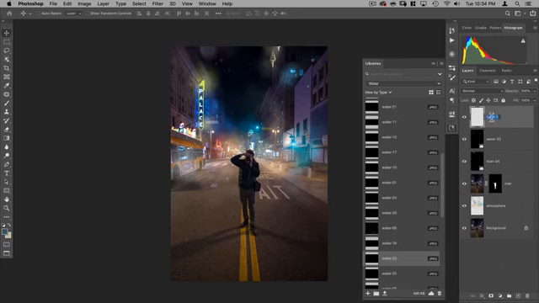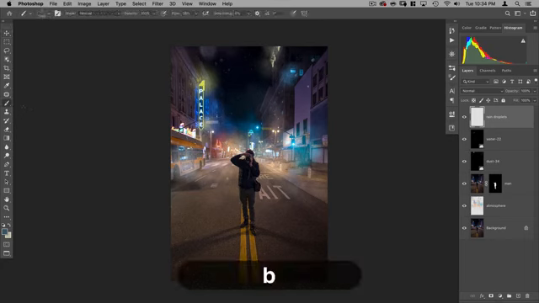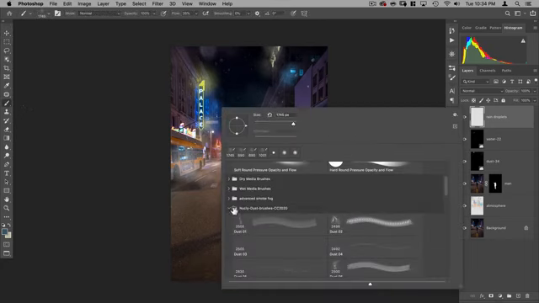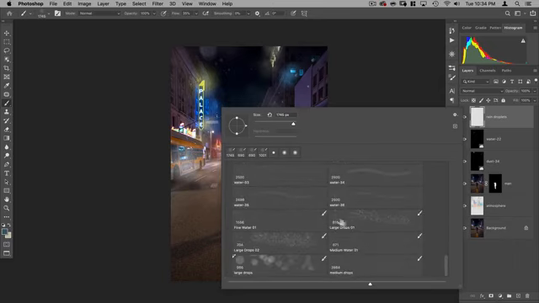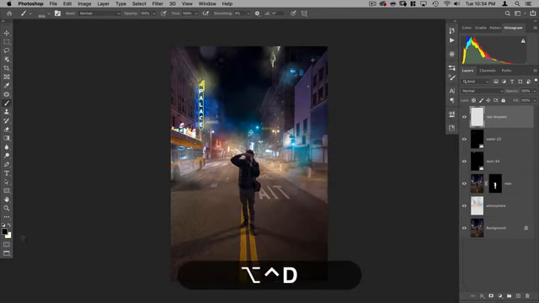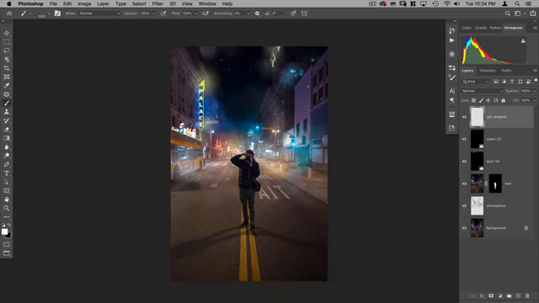Next, I'm going to add another layer, and we're going to call this Rain Droplets. And just around the lights, I want to add some rain. So I'm going to go back to my brush, and let's go to our water brushes. And down here, you're going to see the ones with the little brush next to it. These are our advanced brushes, and they're brushes that have a whole stroke set up to them. So rather than a single click, you can actually brush with these. And I'm going to use Fine Water 01. And I'm going to make this kind of small. And let's get our foreground color to be white by hitting D and then X. And let's see how that looks.